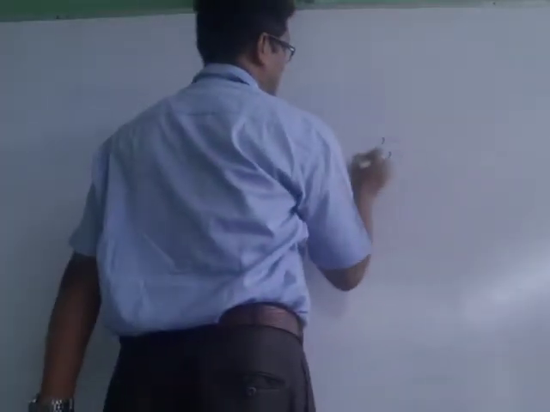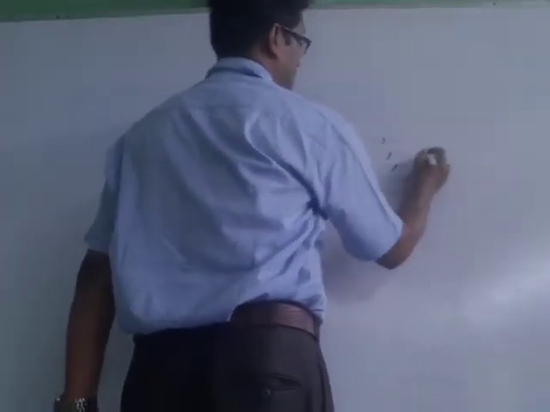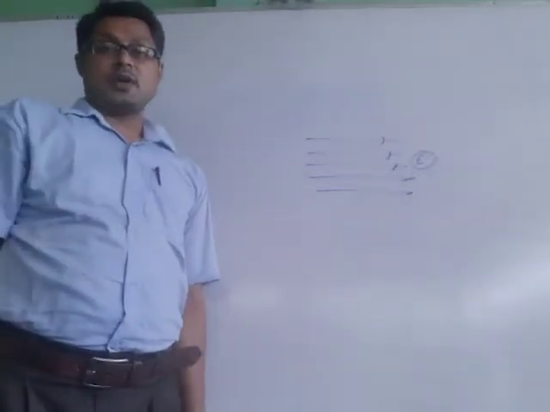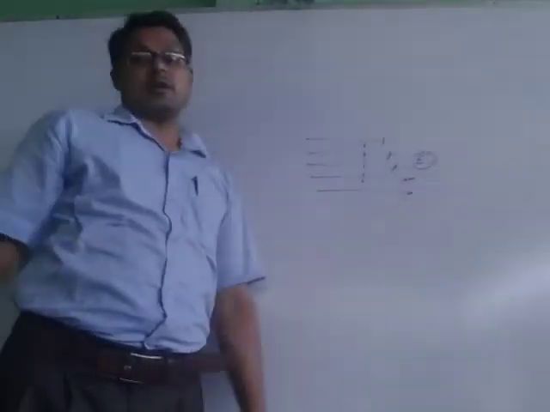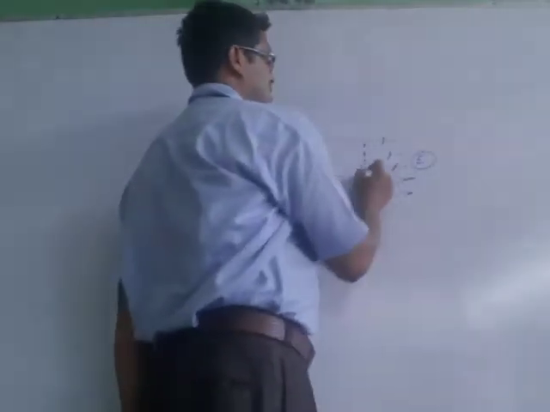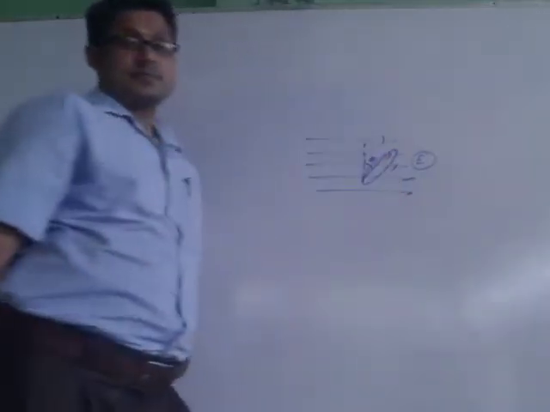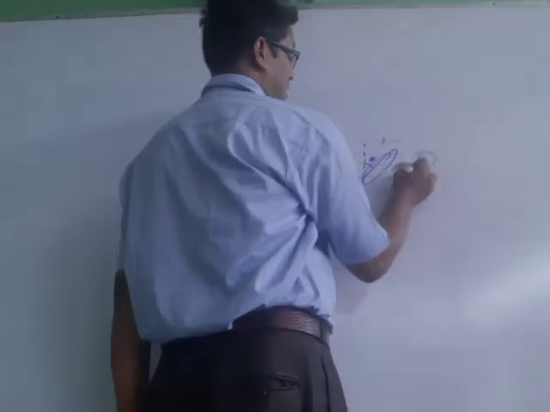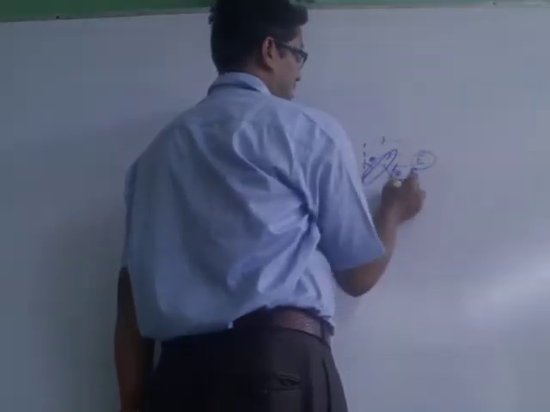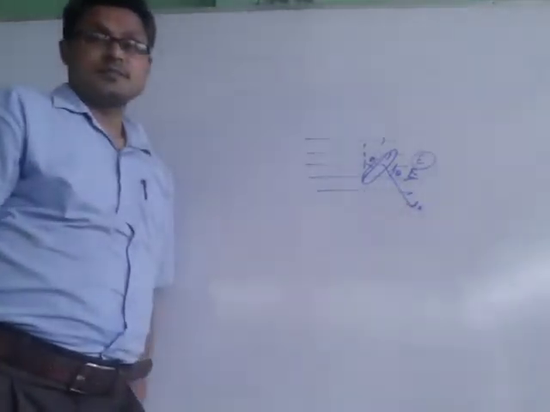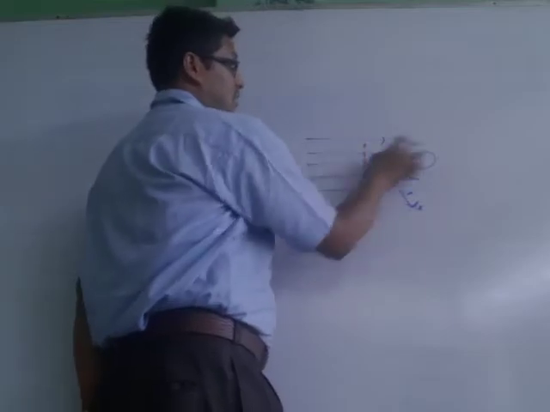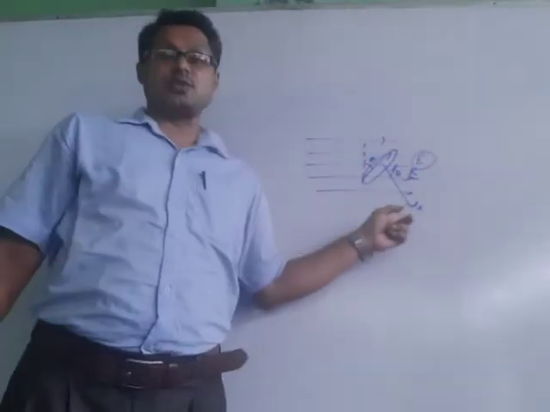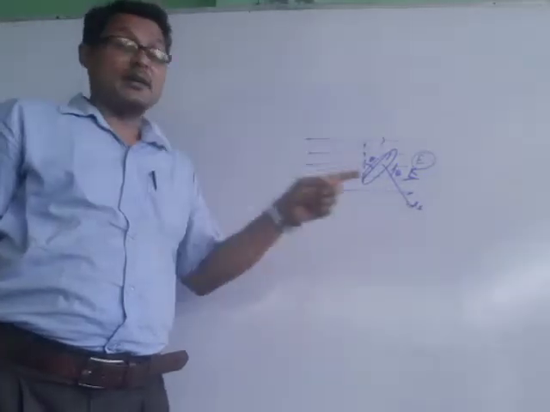Next topic. These are the electric lines of force which are parallel to each other, so a uniform electric field is produced. Now if we want to find out flux, we have to consider the area perpendicularly. But somehow I have considered the area by making some angle theta. So this is the vector E, and the area vector will turn through the same angle. If the area remains perpendicular, then the angle between E and ds will be 0.